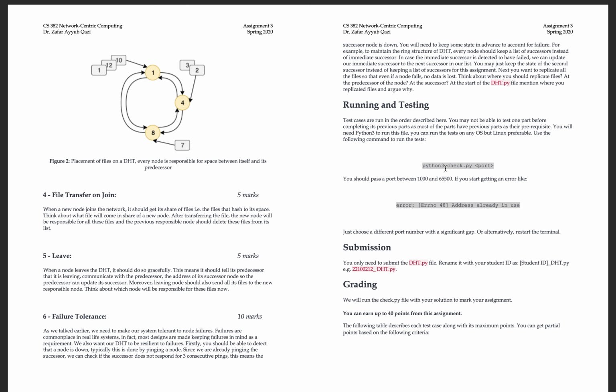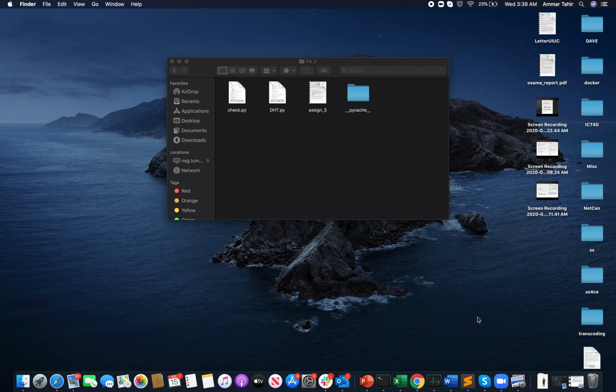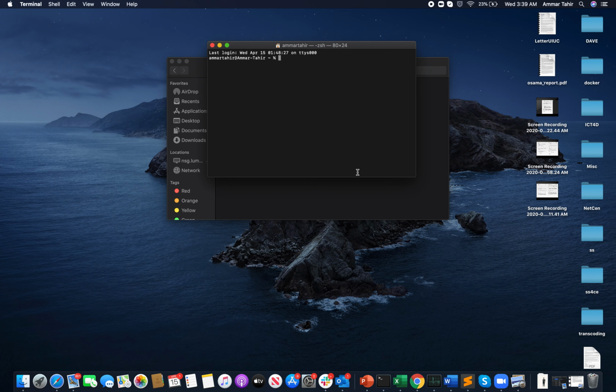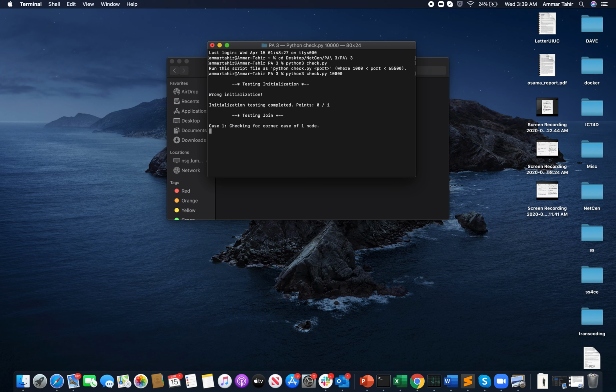For testing you simply need Python 3, and then you can call this command. You'll pass a port. Port needs to be between 1024 and 65,536. I'll run the file here. Okay, so it needs a port number to work.